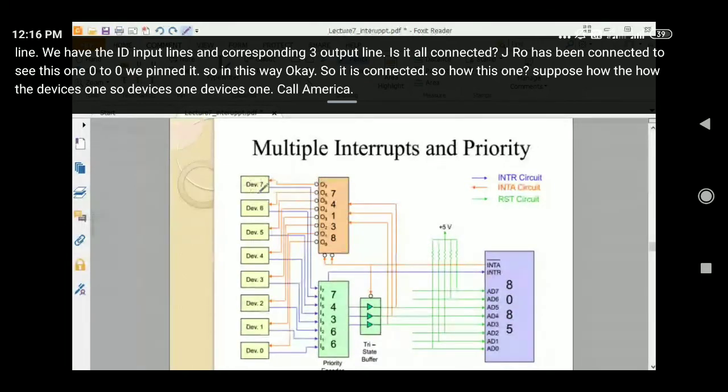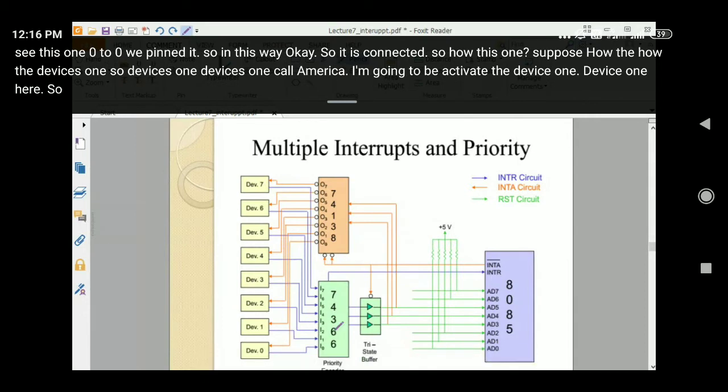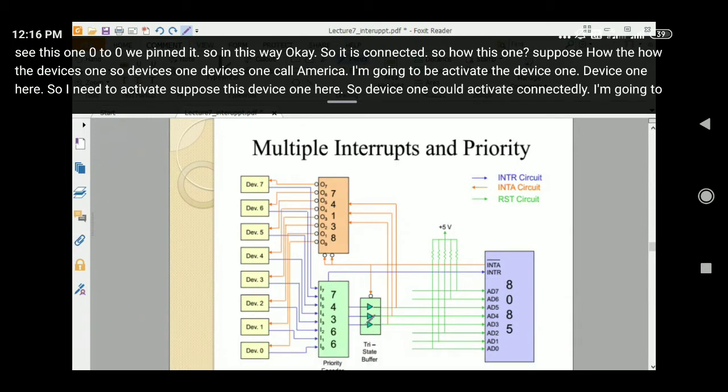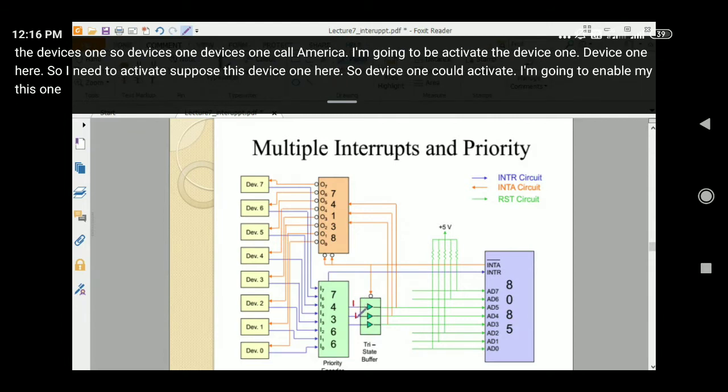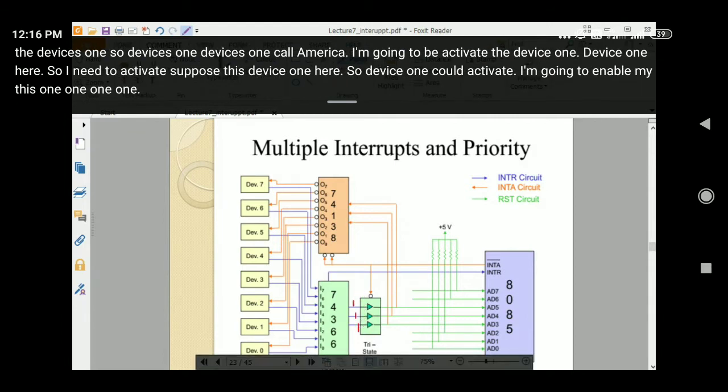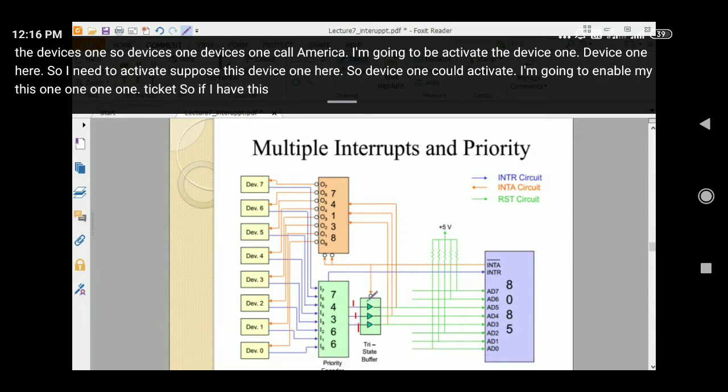I'm going to activate the device one. Device one है, तो I need to activate. Suppose this device one है, so device one को activate करने के लिए I'm going to enable my this one 111. ठीक है.